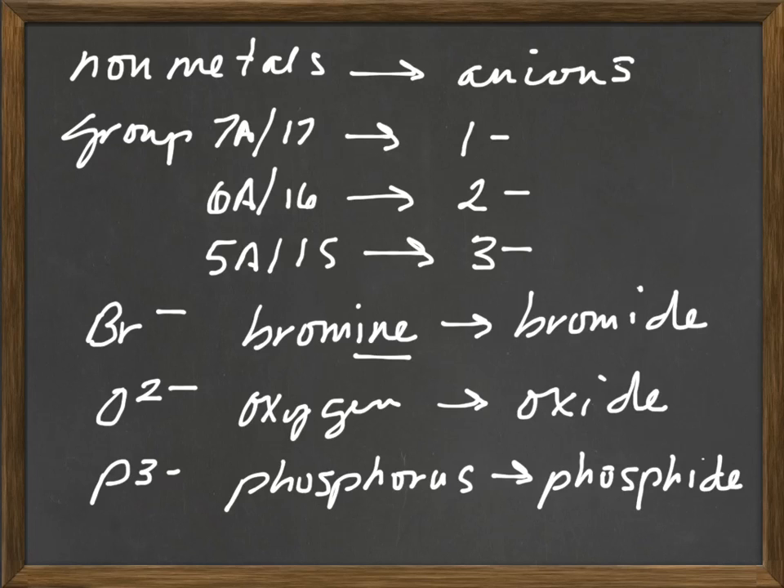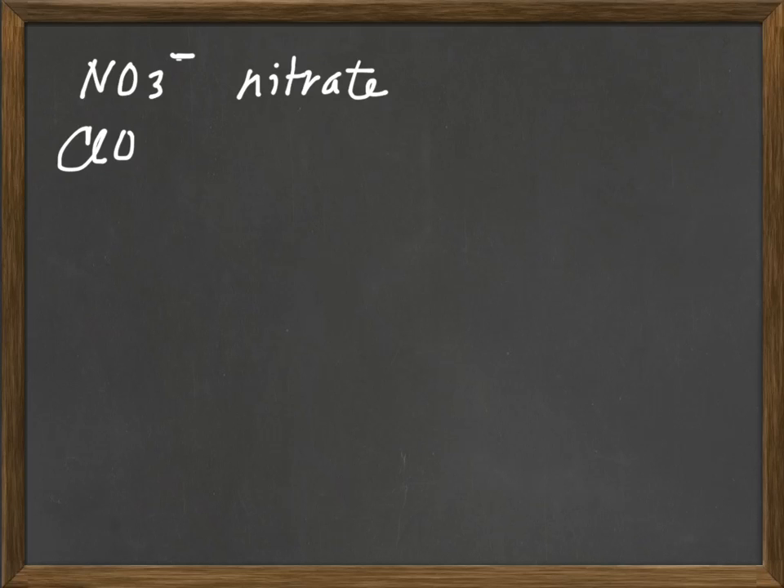Then we have polyatomic ions. Polyatomic ions have many atoms. Polyatomic means many atoms. And some of these I made you guys memorize, right? The ones that end in -ate. And so I told you, you need to memorize that NO3- is nitrate ion. And ClO3-,